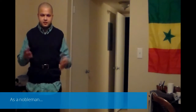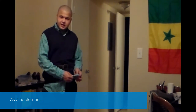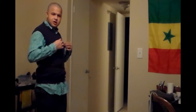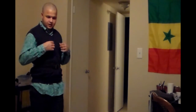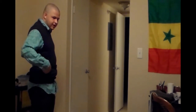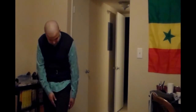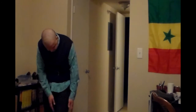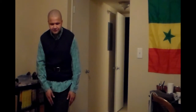So things to notice about the nobleman right now. The nobleman is wearing bright colors. He also really likes to wear a vest-like attire. And then this belt really does a lot for him. If you look at pictures on Google, you find a lot about the belt. Now, the only bad thing that Mr. Hines did not do successfully is they tend to really like